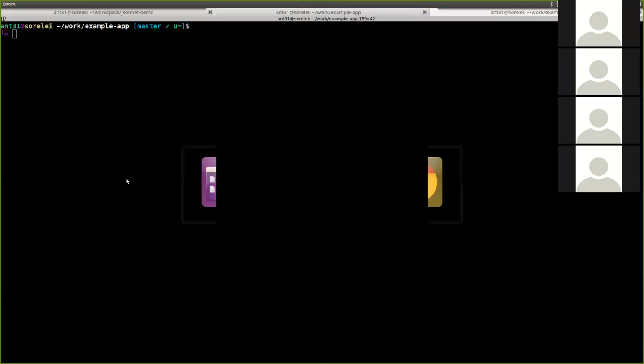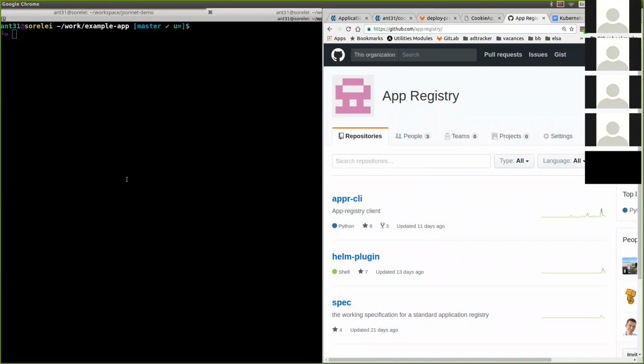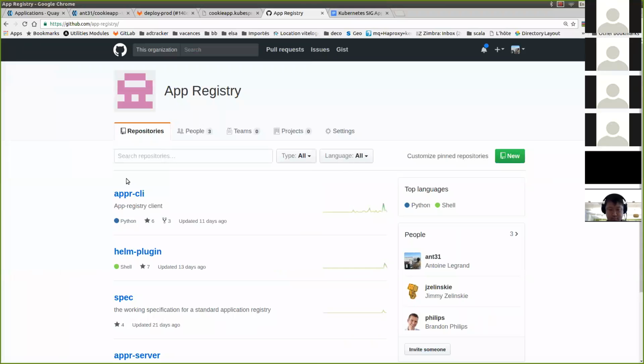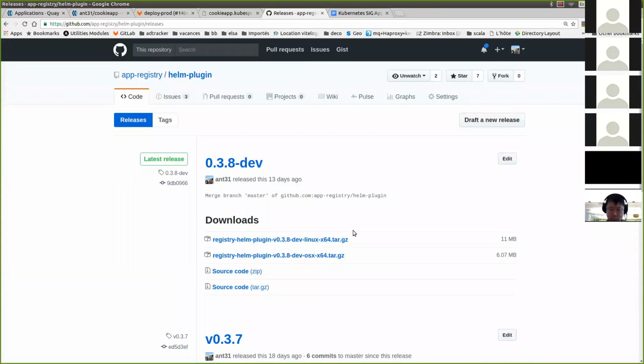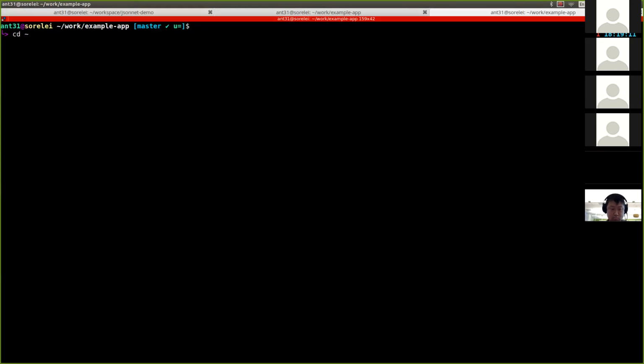Okay. So I'm going to do a quick demo of app registry, that was named previously, if you followed, CNR. It's a service to store application configuration, like Helm. It can be visualized as a way to release your application, like on PyPI, RubyGems, or NPM, but dedicated to Kubernetes applications. So we released a Helm plugin to begin, which is very easy to install, just a tarball thanks to the Helm plugin management, that you only need to extract in your